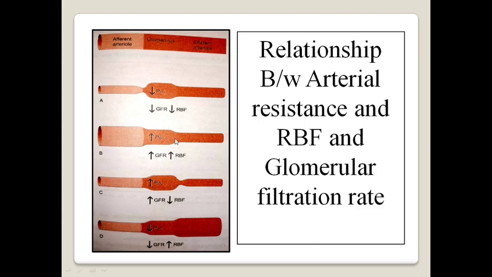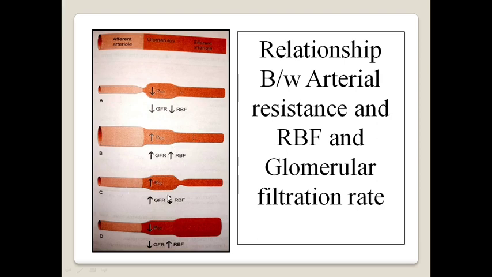If renal blood flow is increased, what will happen? Hydrostatic pressure in this glomeruli will increase. If hydrostatic pressure in the glomeruli is increased, it will push more and more filtrate out of the glomeruli. So GFR, or glomerular filtration rate, is increased. So see again how, in response to the change in diameter of afferent arteriole, GFR or renal blood flow is changing in the kidney.